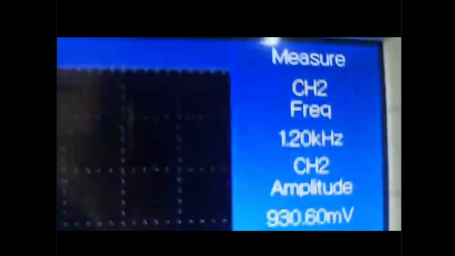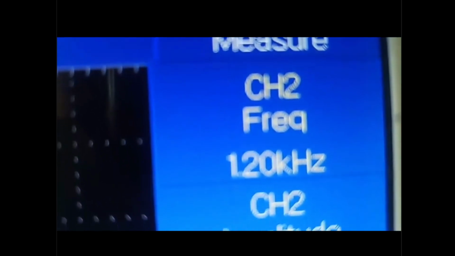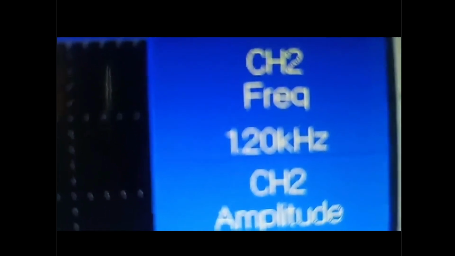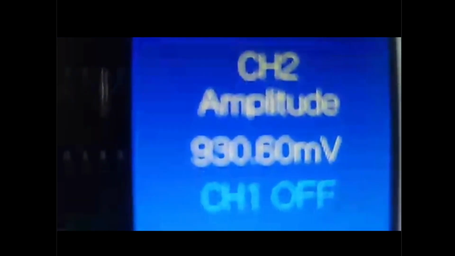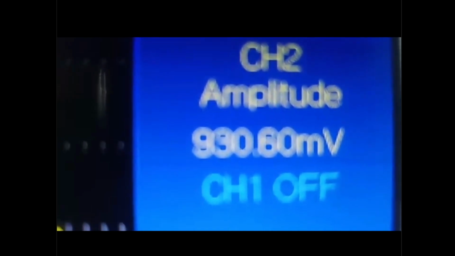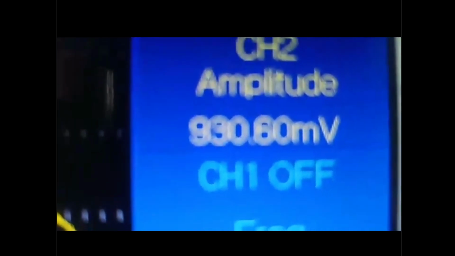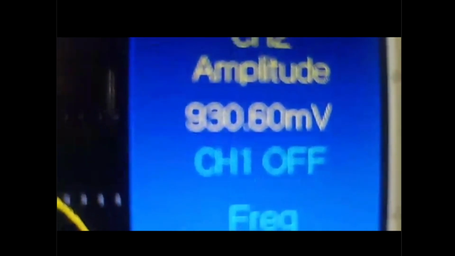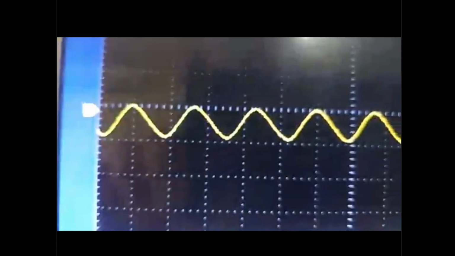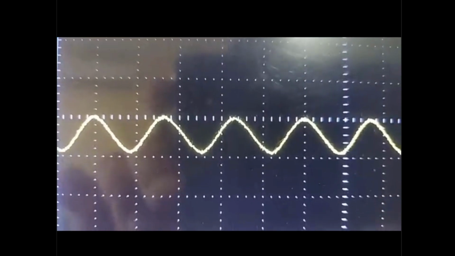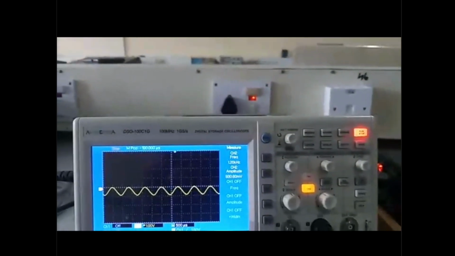Apart from that, here you can see that the values are also mentioned, right? Like frequency, you can see 120 kilohertz, right? And all those things are mentioned here, right? So this one is the master signal. Here you can see the specification, and here you can see the plot. Okay, the CRO plot.